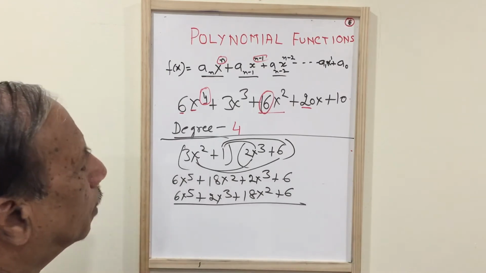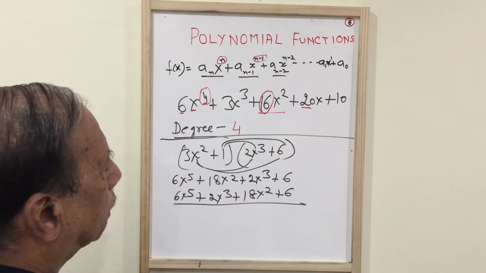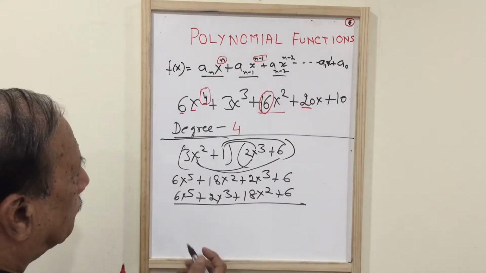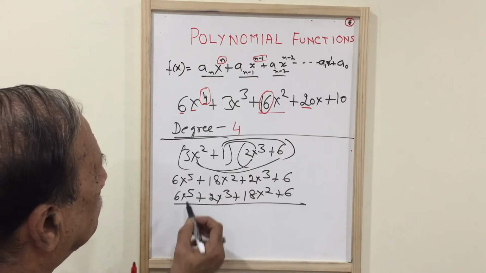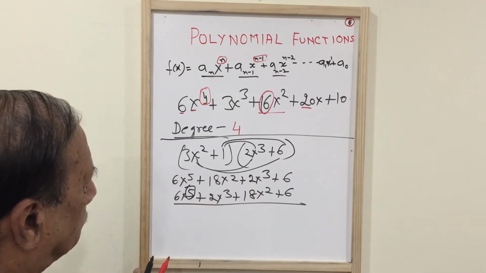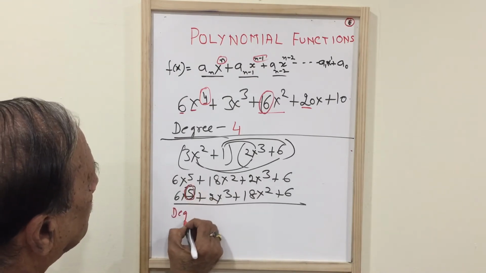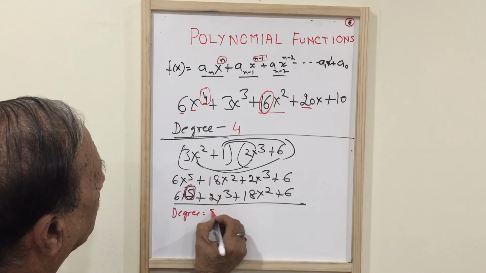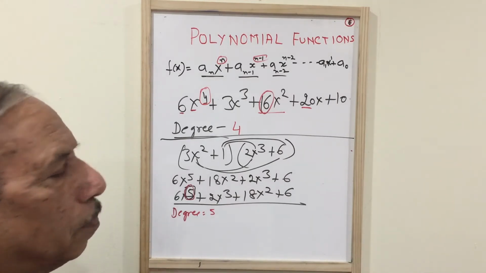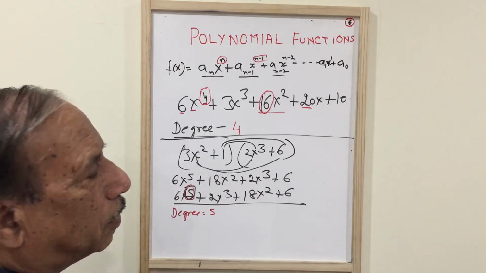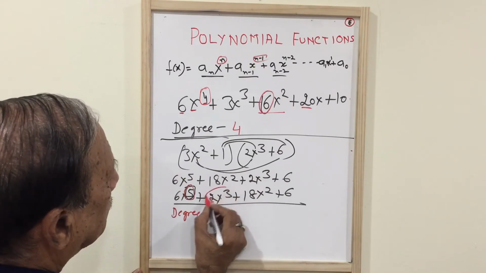So this is a polynomial equation from these two linears. So in this we can see what is the degree of this polynomial. This 5 is the maximum degree which is available over here. So the degree of the polynomial is 5. If we have to find out what is the coefficient of x to the power 3, the coefficient of this is 2.